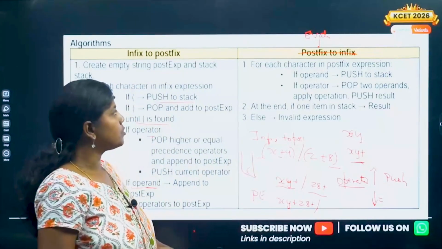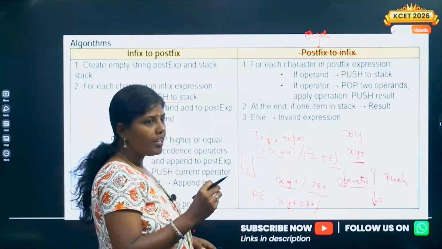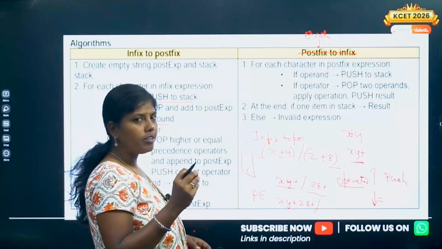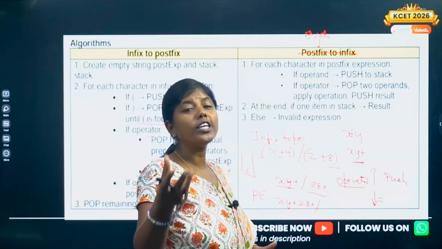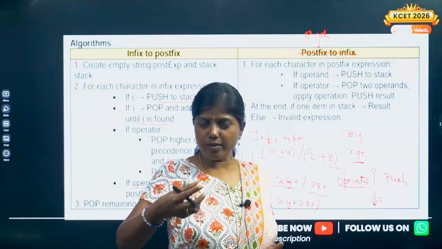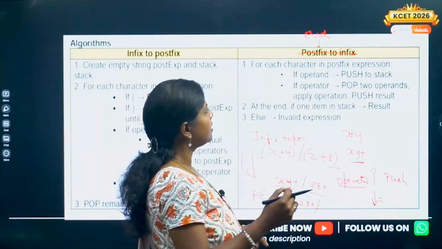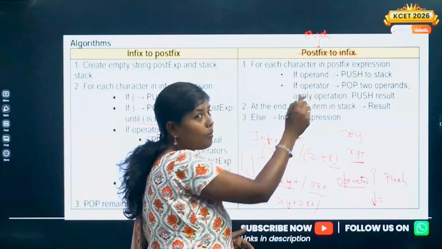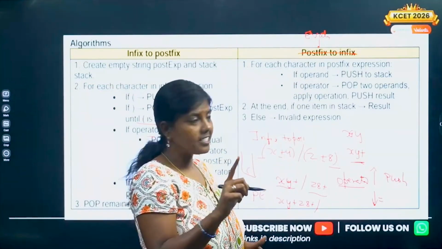What is the evaluation of a postfix expression? Given a postfix expression, how will you find out the value? An expression is a combination of operands and operators that, when evaluated, results in a single value. Similarly here, I can have operands and operators, but not parentheses. You will not find parentheses.